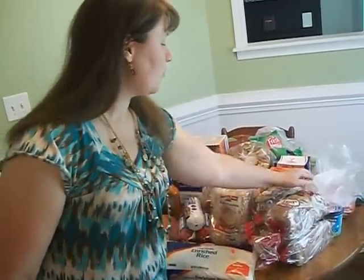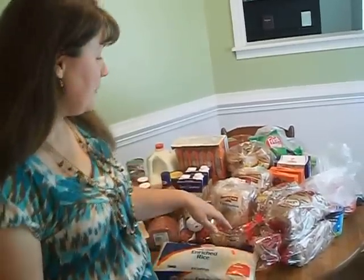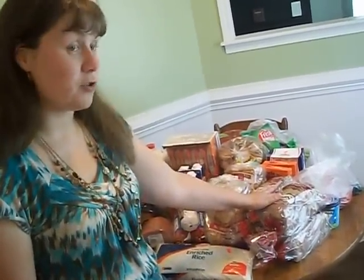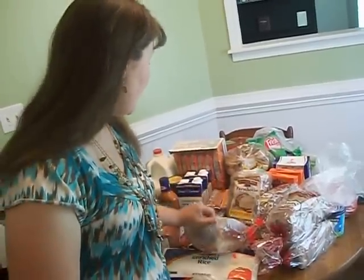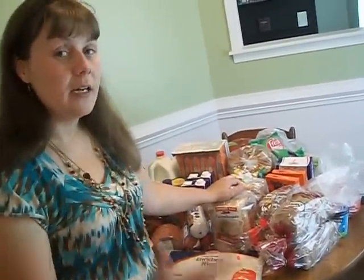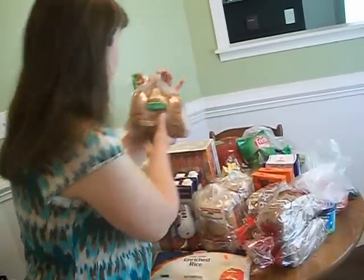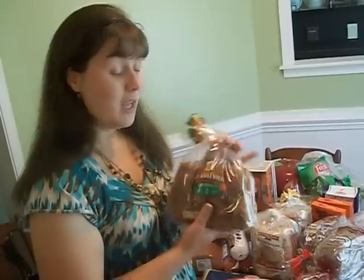I went ahead and just thought we could make do with the oatmeal that we have. So these are 2 things of Pepperidge Farm cinnamon bread, 2 things of Pepperidge Farm strawberry bread. We have sourdough and potato bread for our regular sandwiches and things. And back here we have these whole wheat hot dog buns, which we purchased at Aldi, and they were 39